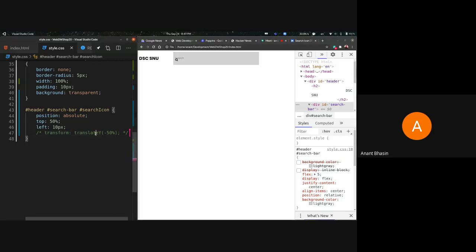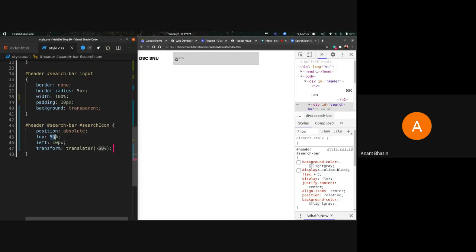So now what we need to use to position it vertically centered is the transform. Transform is a special property in the sense that the percentage you give here is very different from the percentage you give over here. The percentage you give over here is in terms of the containing element of, in this case, the search icon.